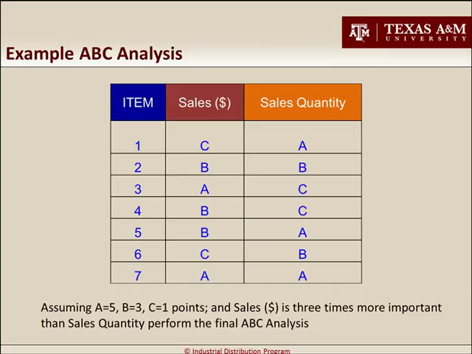What I mean with that is A needs to be a higher point than B, and B needs to be a higher point than C. Also, don't do something like A to 5, B 3, and then C 0.1. So try to keep the scale relatively leveled or steady. And then we are given the information that sales dollar is 3 times more important than sales quantity, right? So given this information, we are going to perform the final ABC analysis and create the ABC classification for these 7 items,